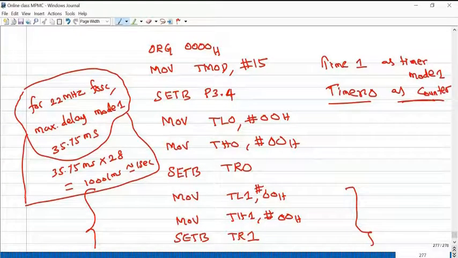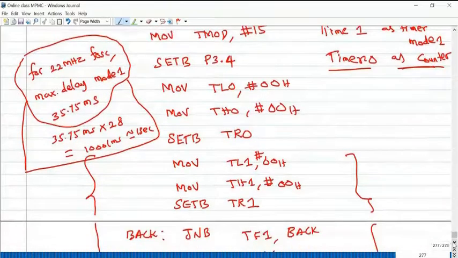In mode 1, the timer can count up to 65536 clock pulses. So one clock pulse time period, particularly for 22 megahertz, we calculated already, I think, 0.546 microsecond. Okay. So the maximum time delay using mode 1 is 35.75 milliseconds.